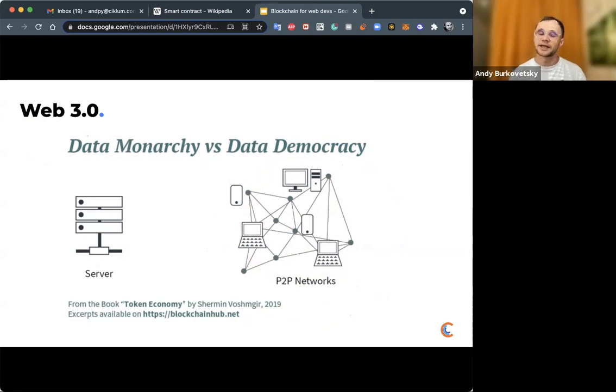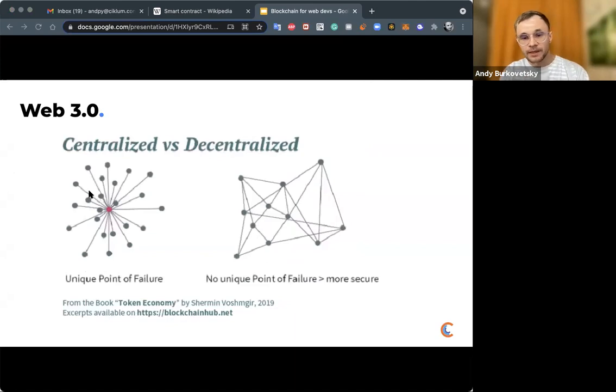So people are trying to connect all these networks in some way, at least, or give the possibility to migrate data from one network to another one. Here's another example from this book, which shows centralized versus decentralized networks. It highlights that centralized has a single point of failure, and decentralized is more secure because it doesn't have a single point of failure.